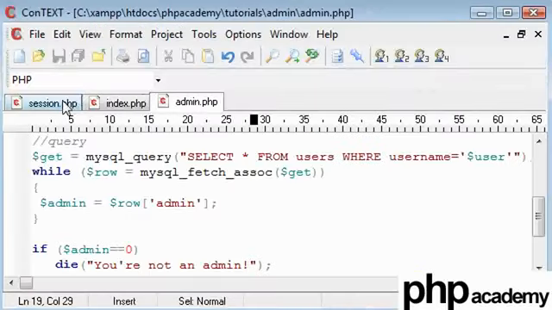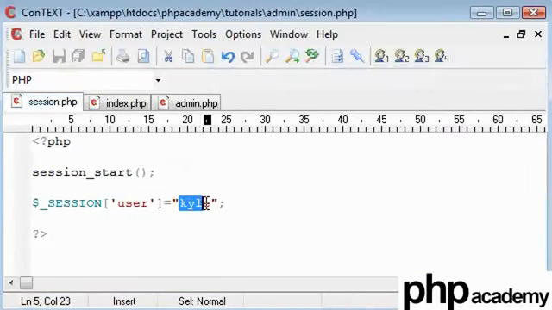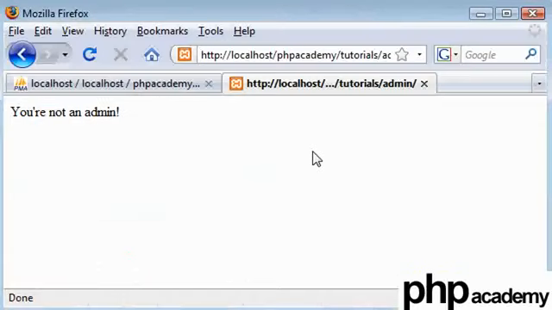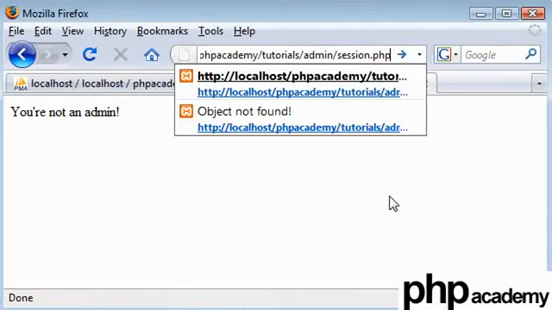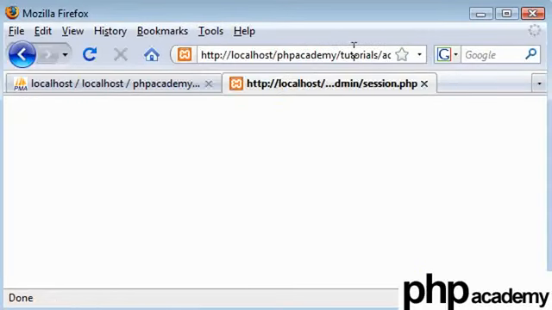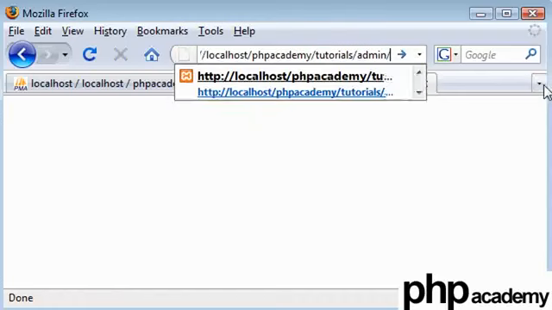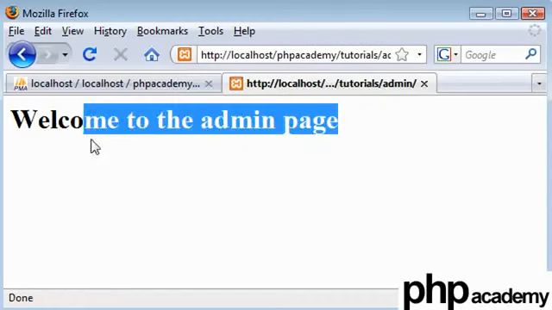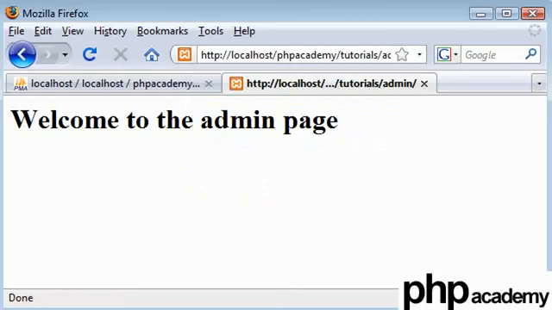Okay, so now what will happen if we change session to Alex? Probably quite obvious. Obviously that's not changed because we're still logged in as Kyle. Come into session.php. That will have changed to Alex now, and then we can come just straight back into our index and we have a welcome to the admin page. So the reason I've chosen